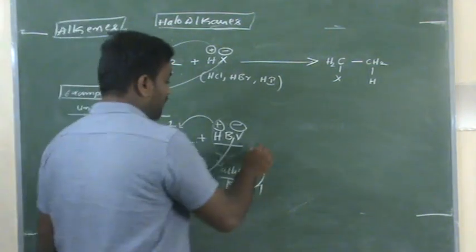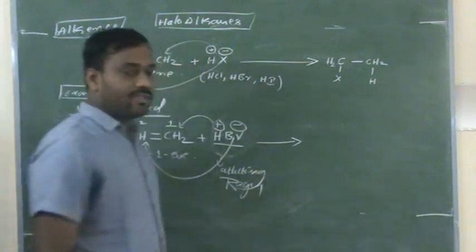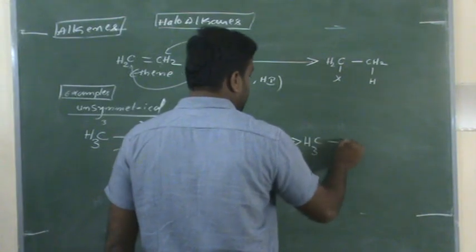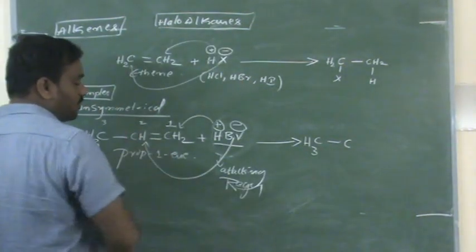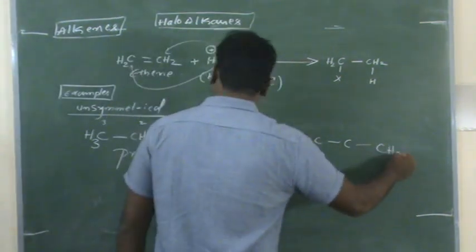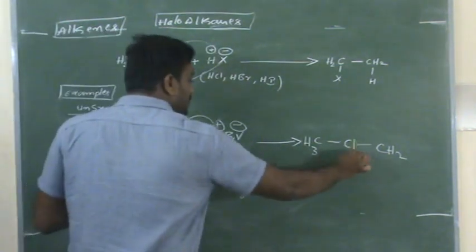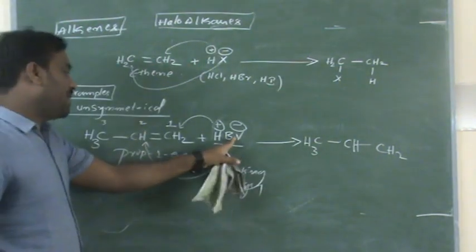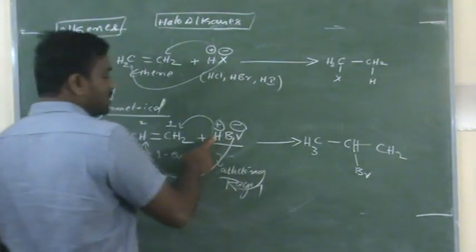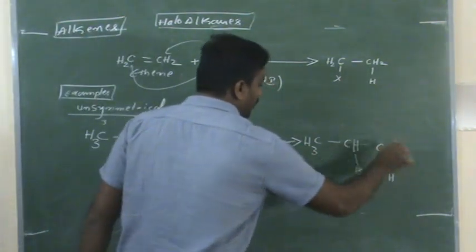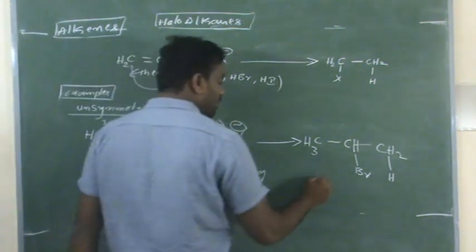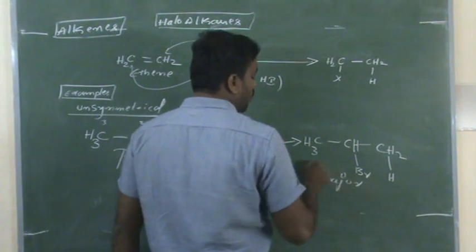This is already there in first PUC. There is no reagent on the arrow. Then we'll get CH3 C. After attacking, you should remove this double bond. The double bond becomes a single bond. This is CH2, and there is already one H here. Where is the Br minus going to attack? It is going to the less number of hydrogen containing carbon. Where is H plus going to attack? It is going to attack the more number of hydrogen containing carbon. Now this is the major product according to the Markovnikov rule.